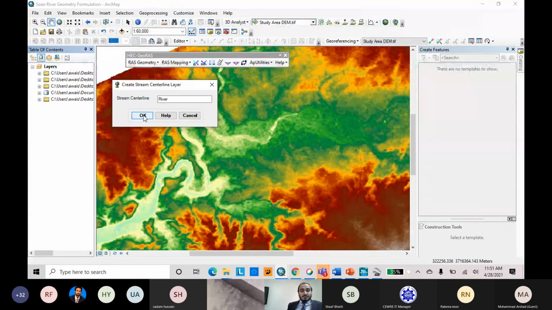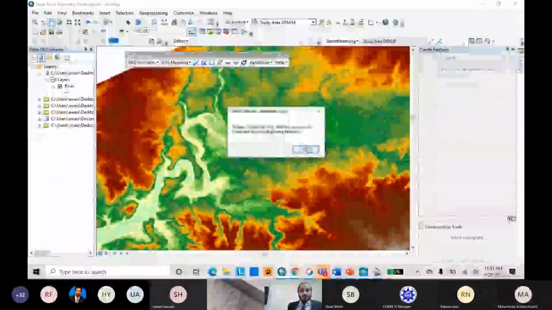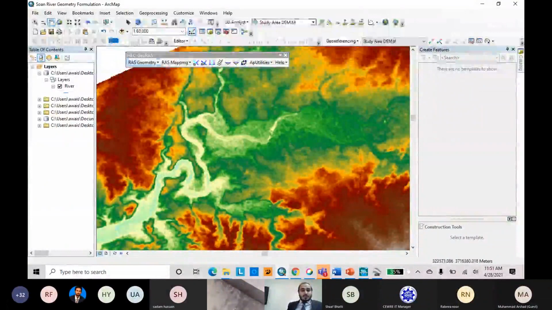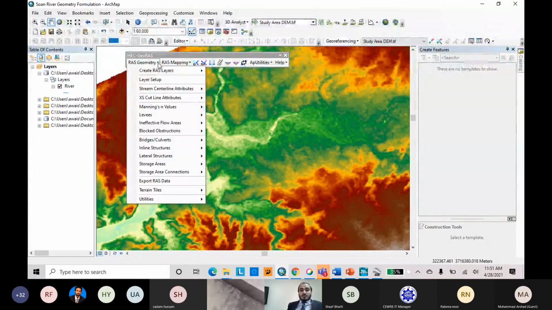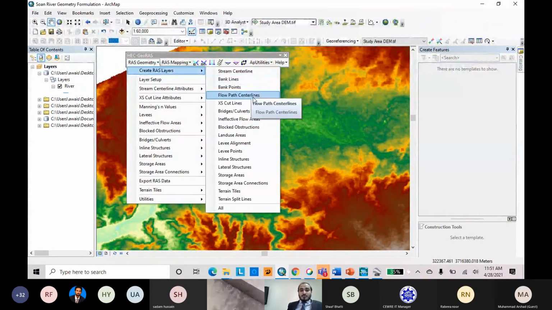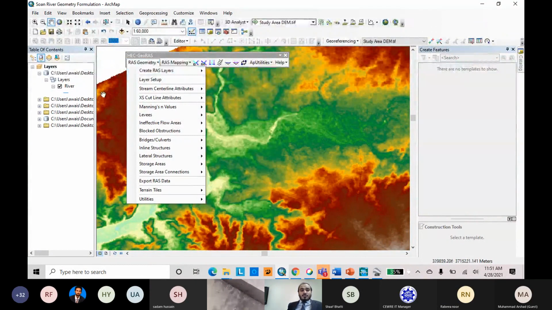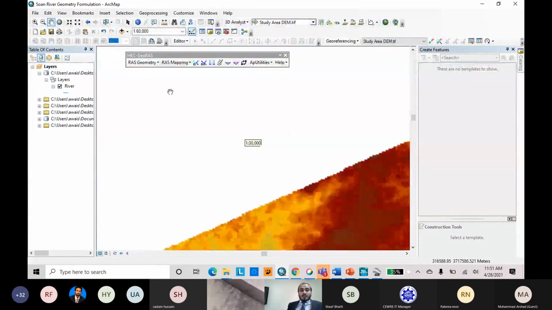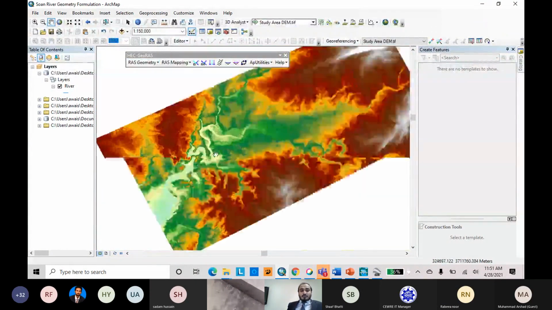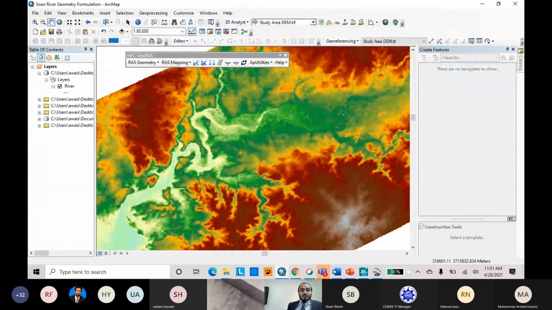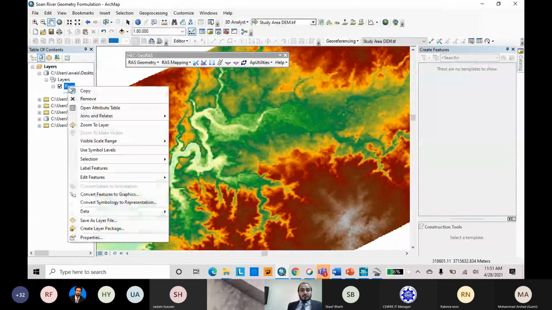You can see in upcoming layers. Okay, we will digitize one by one instead of making all of the layers at once. You can also develop bank lines in one go, flow path, cut line, but you have to then again edit and digitize individually. So I will go in an individual manner.